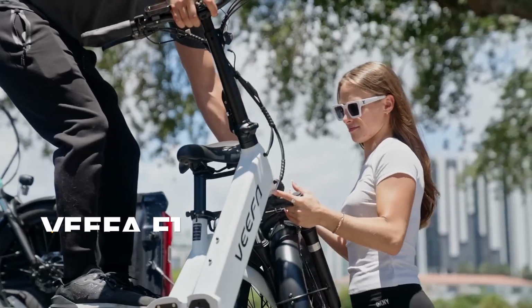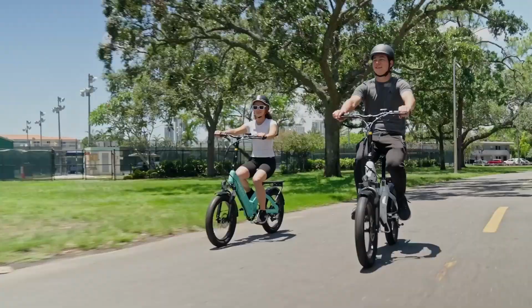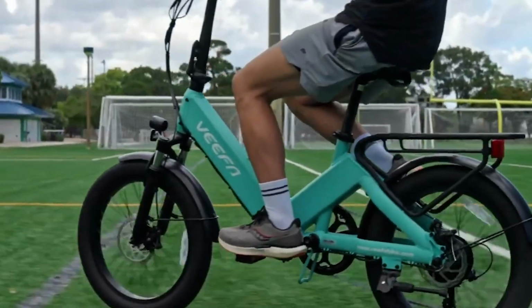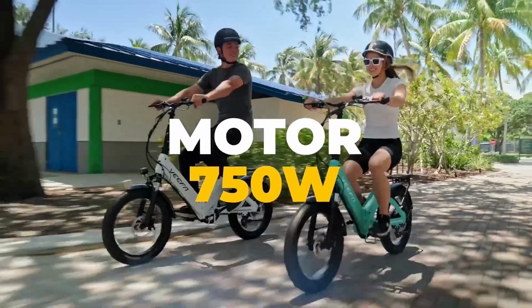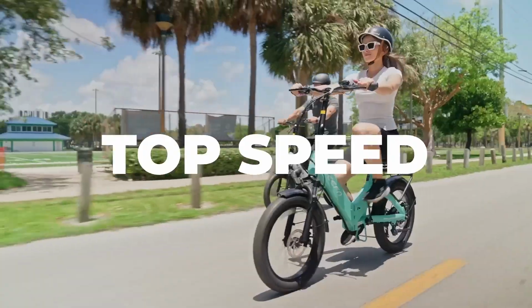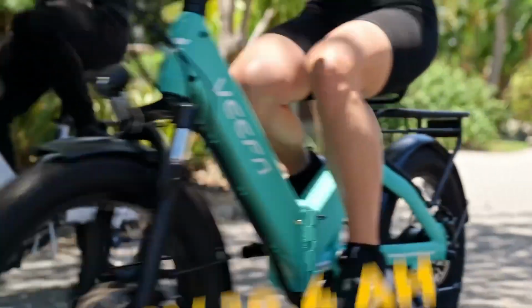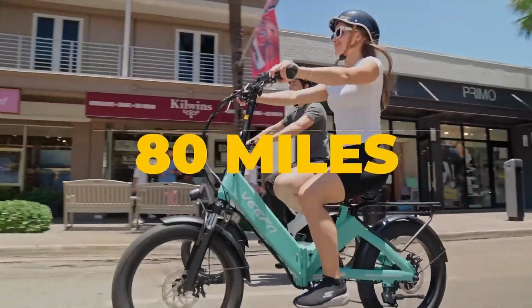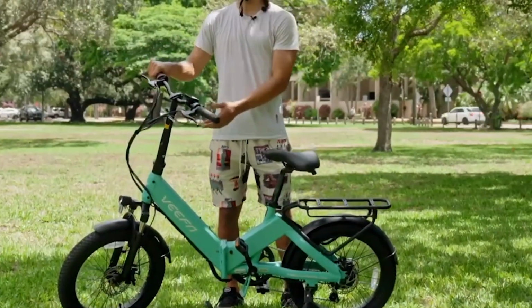the list so far. Other things I like besides the cool, angular shape of the down tube are that you get an actual color LCD, as well as a 750-watt motor, 20 mile per hour top speed, 48-volt 10.4 amp-hour battery pack, and one of the longest ranges to date. Did you know the most expensive folding e-bike I could find is